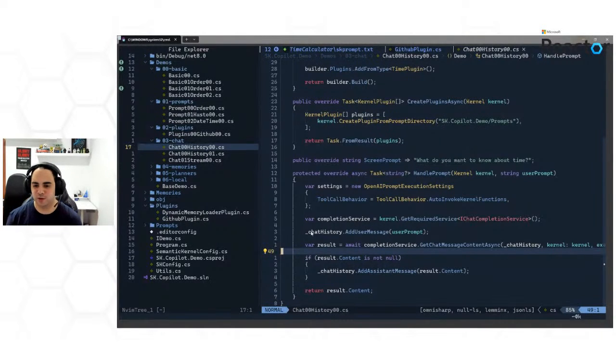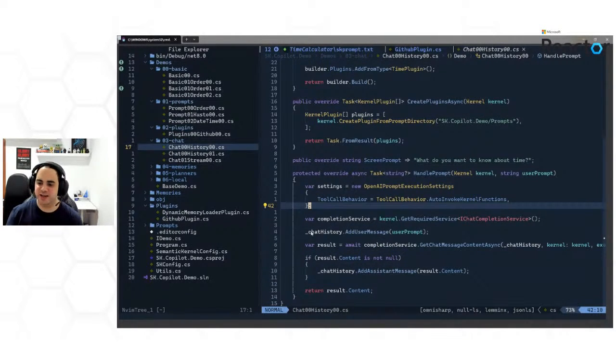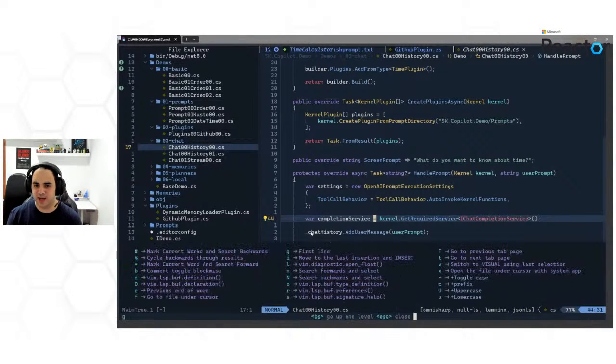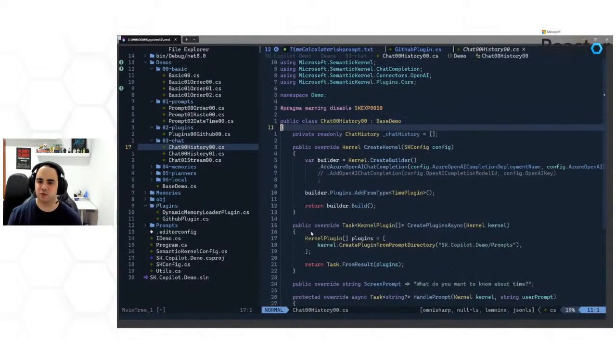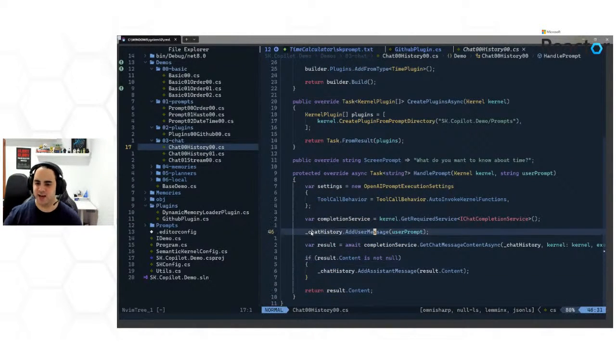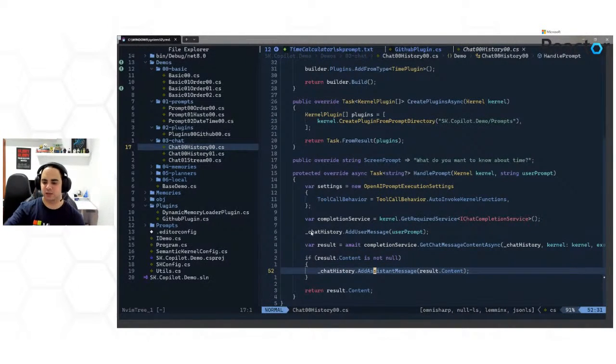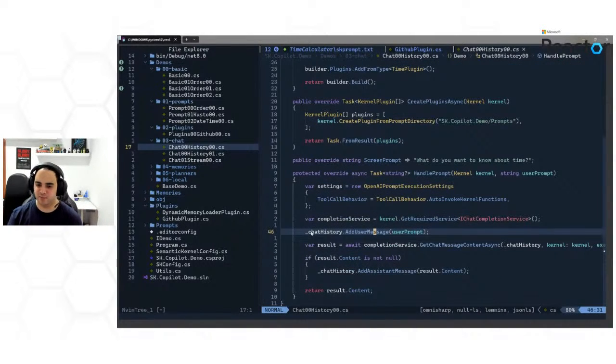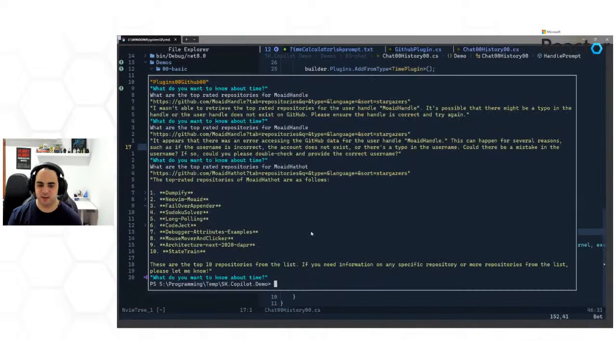In order to do that, we can use the same IChatCompletionService, and we have a collection called ChatHistory defined in the Semantic Kernel library. We can just call it with AddUserMessage, and also AddAssistantMessage each time we get a result from the LLM. So if we run it again, this time the demo called chat 00 history 00,